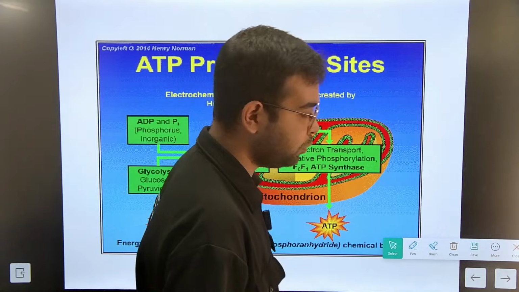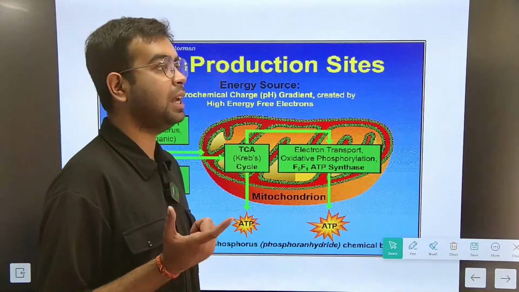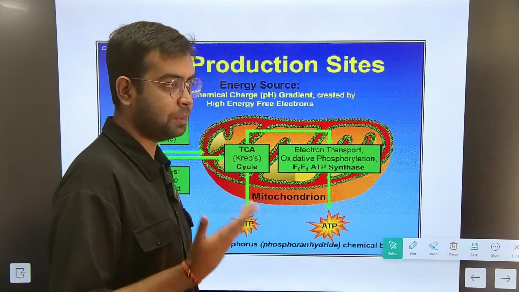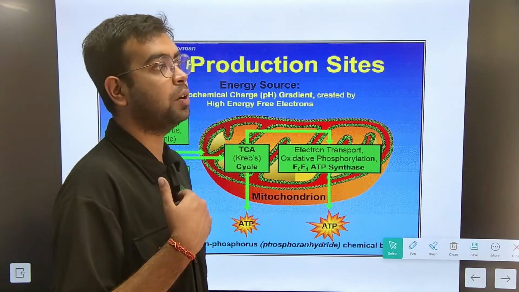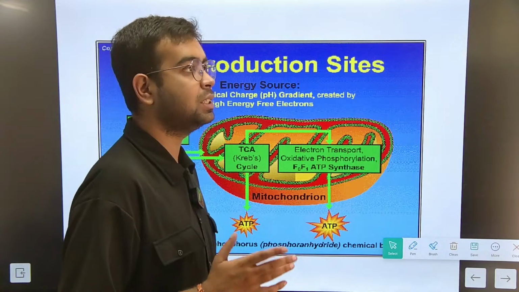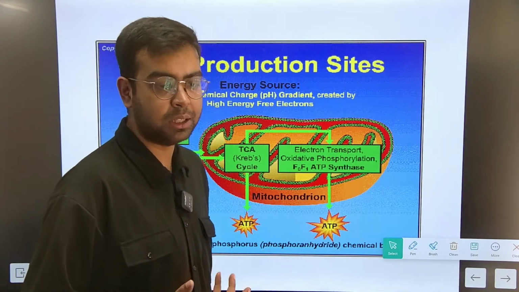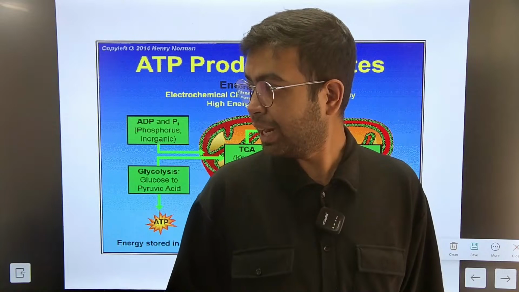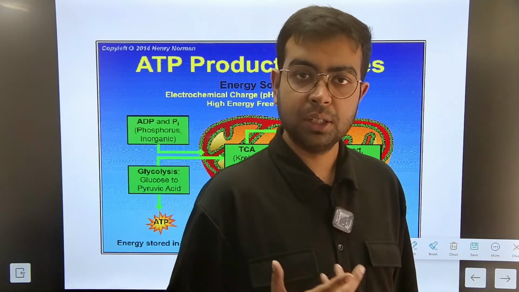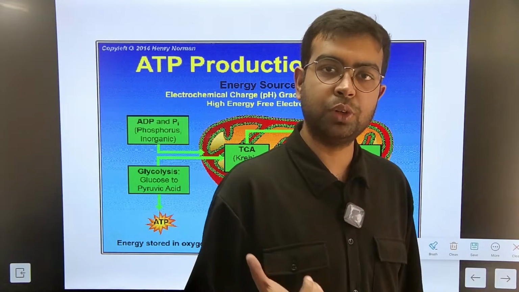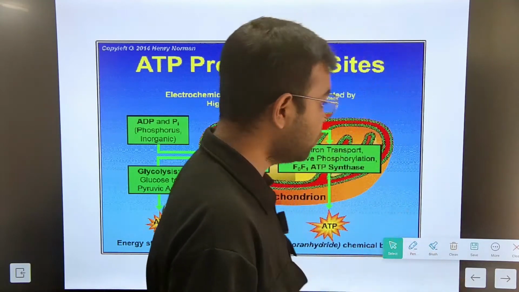ATP क्या है? ATP, we have studied that ATP is the energy currency of the cell. अगर सेल को कोई काम करना है, cell wants to metabolize some kind of chemical, cell wants to carry out some kind of operation, then cell को क्या चाहिए होगा? एनर्जी चाहिए होगा ना. बिना एनर्जी के आप कोई काम कर सकते हो क्या? You cannot do any work without energy. So the cell derives its energy from something known as the ATP, and the energy of the cell is also stored in the ATP.